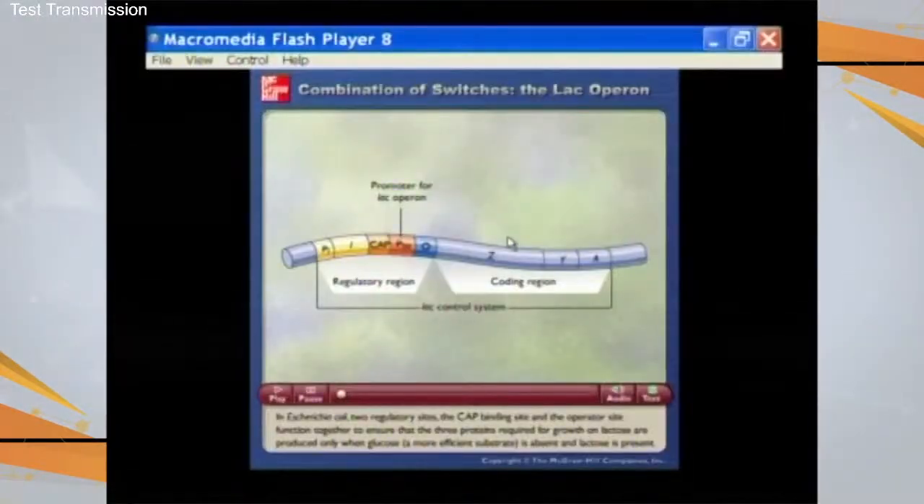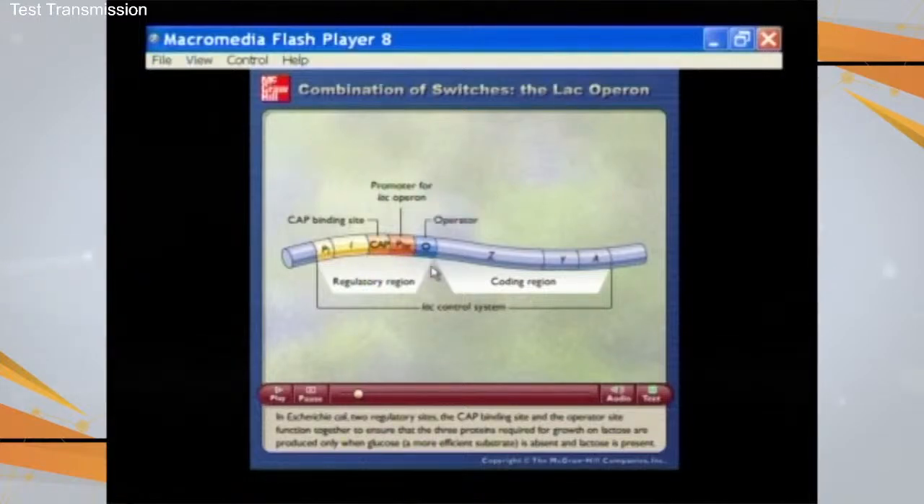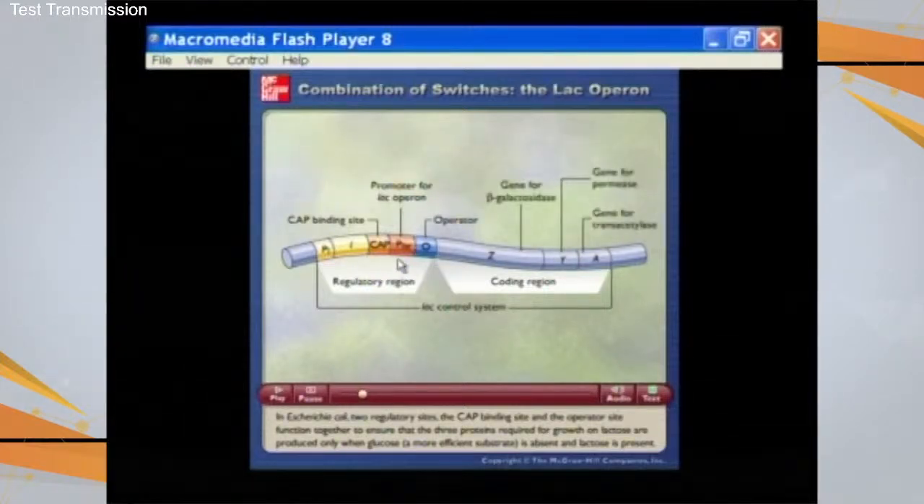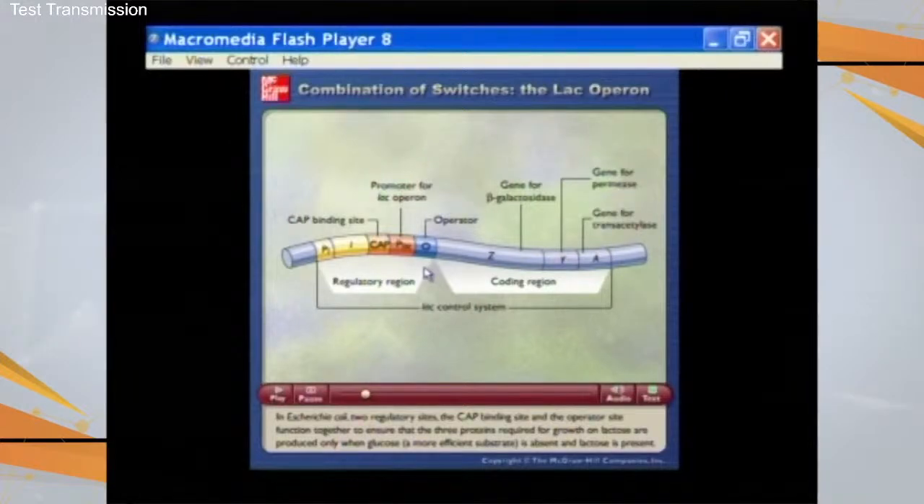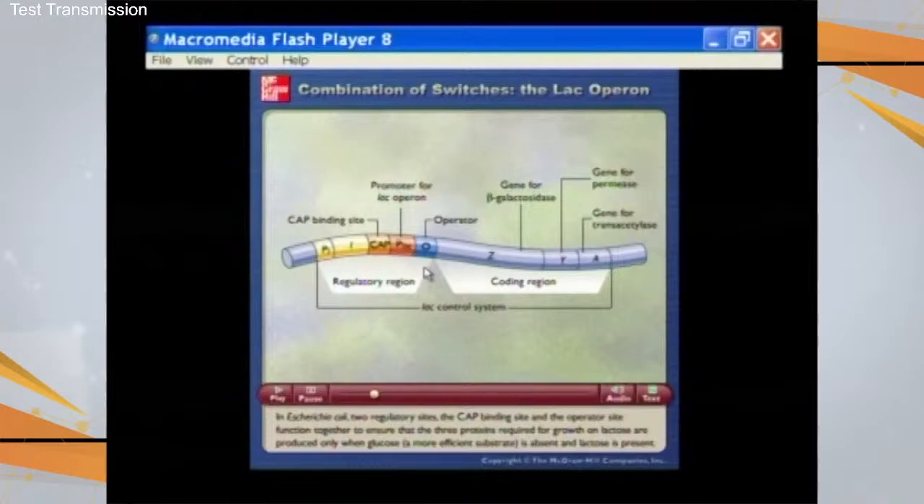So this is the animation about the combination of switches in the Lac Operon. In E. coli bacteria, two regulatory sites are there, the CAP binding site and the operator functional site, and both of these are going to function together to ensure the three proteins required for the growth of the bacteria. If the lactose is present,